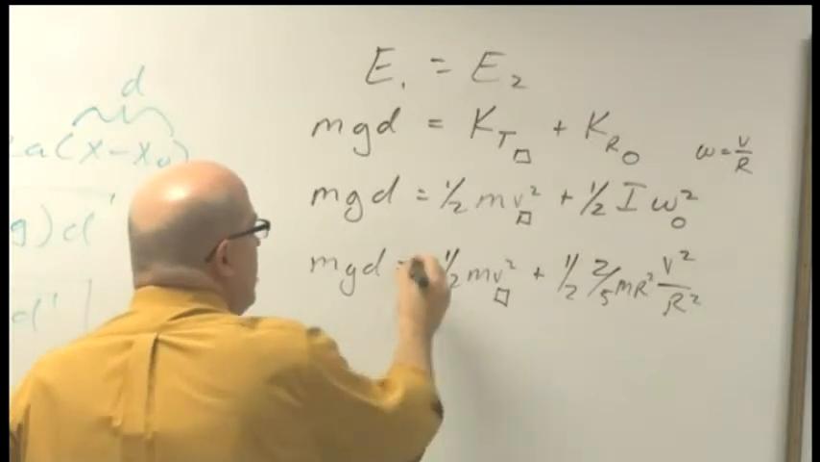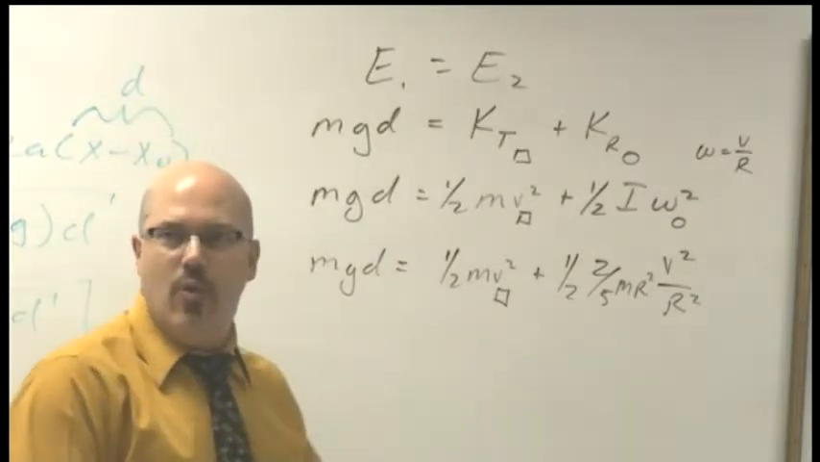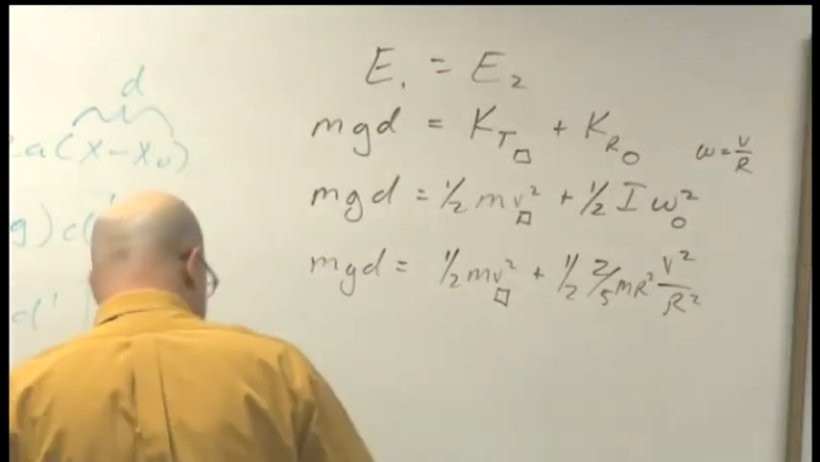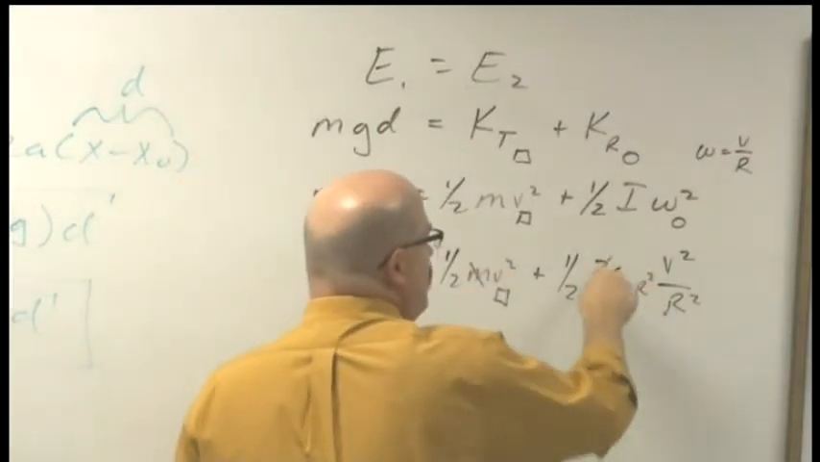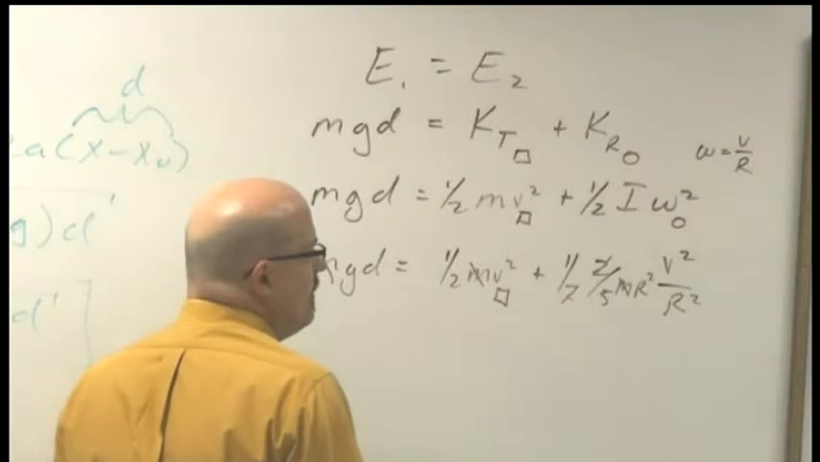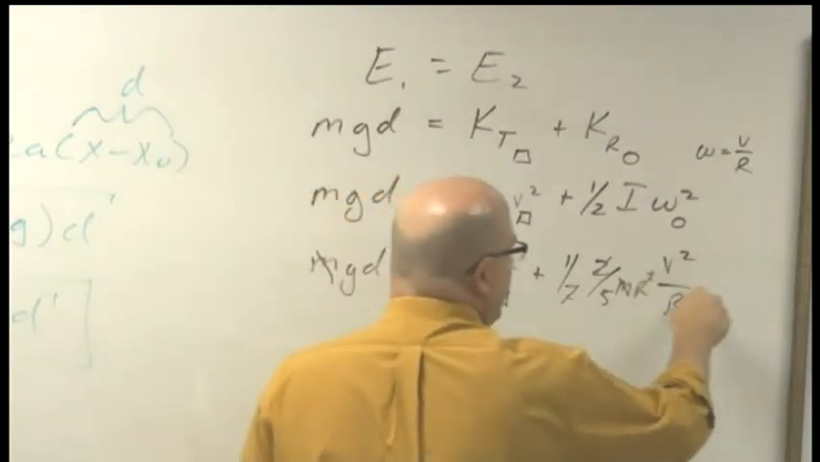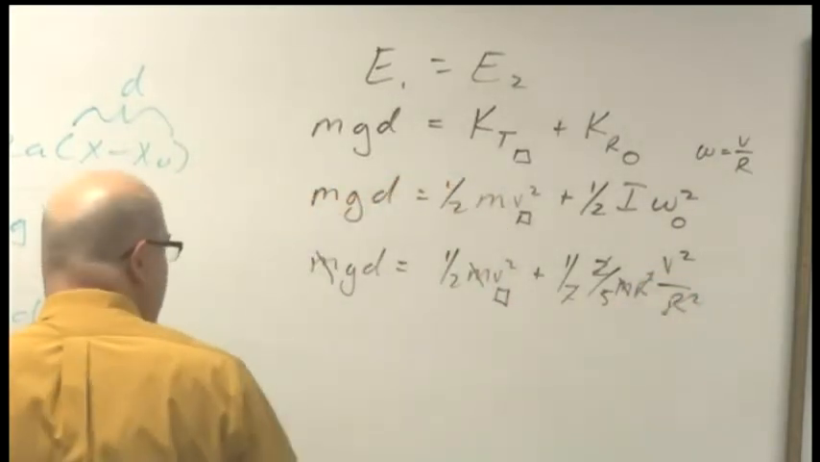So it looks like this, and a lot of things go away now. Yay. The M goes away. The 2 goes away. The R squareds go away. And I'm left with